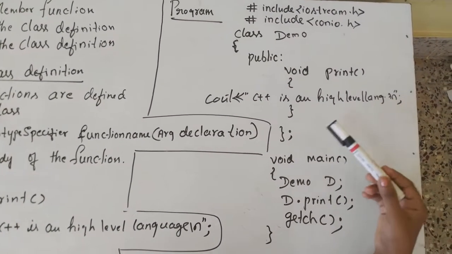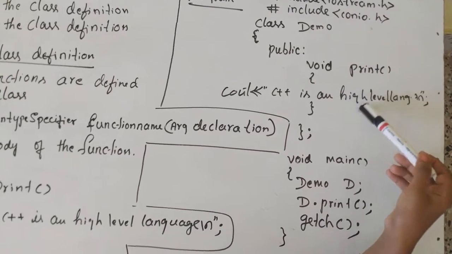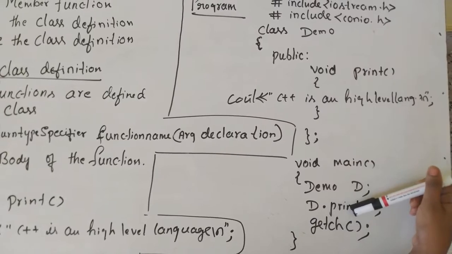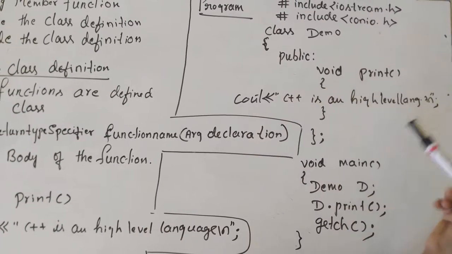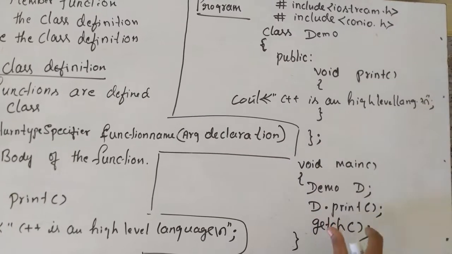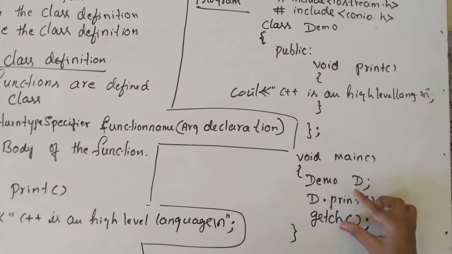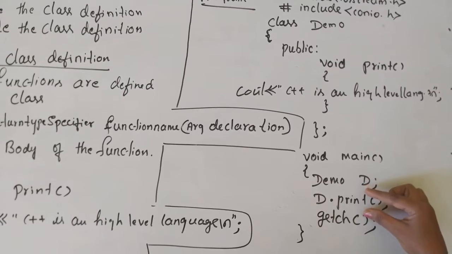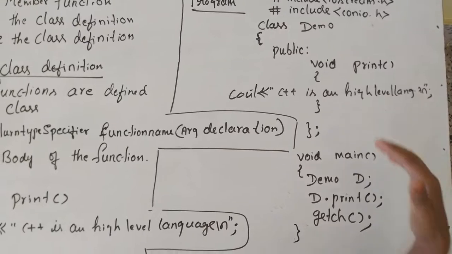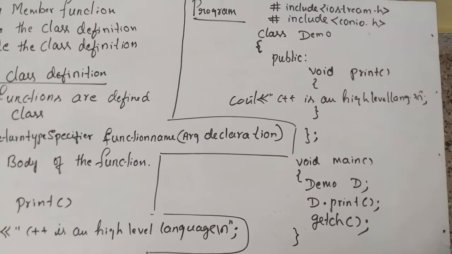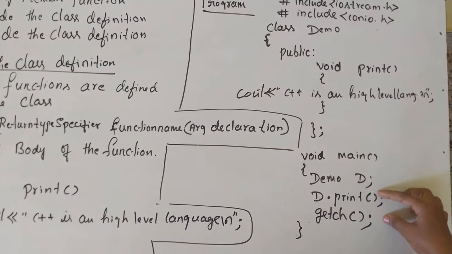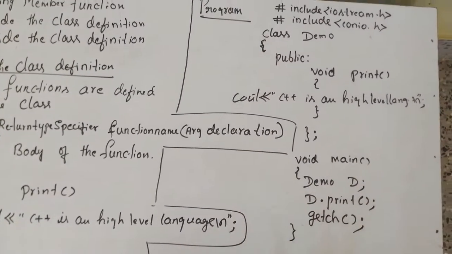Okay. So whenever we define a function inside the class, it can become an inline function. Inline means instead of control transferring from here to there, the code is expanded here. This function call is replaced by this actual code. So in order to expand here, it has to manage the memory. That's why only short functions can become inline functions. If a function has looping statements or iterative jumping statements, it cannot be expanded inline. Okay, I hope you understood what an inline function is.